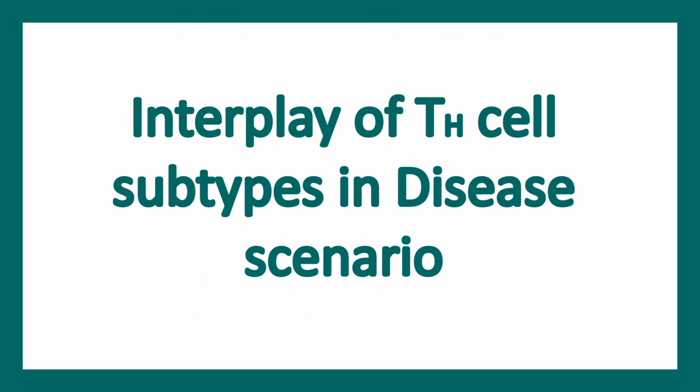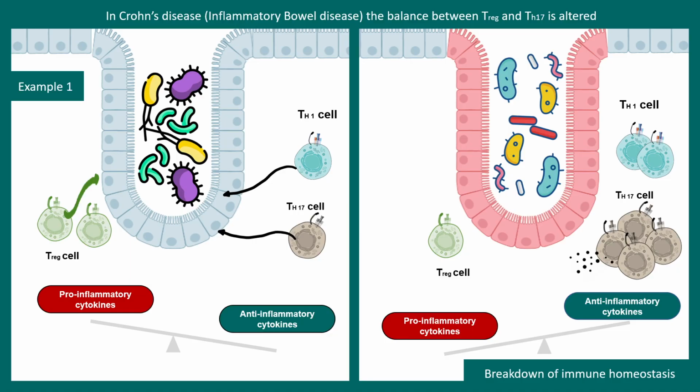Now let's talk about some interplay of Th subtypes in a disease scenario. So we'll take the example of Crohn's disease. Crohn's disease is a disease where a specific part of the intestine gets inflamed. Now in a normal situation, there is a balanced level of Th17 and Th1 cells versus T regulatory cells. So the pro-inflammatory cytokines and the anti-inflammatory cytokines are kind of balanced. But this balance gets